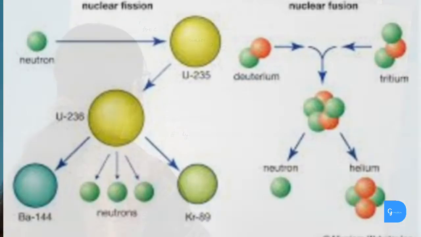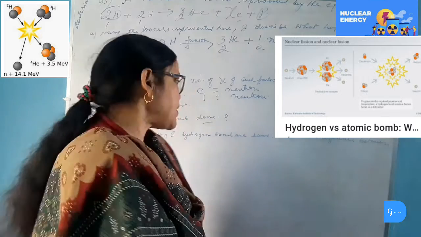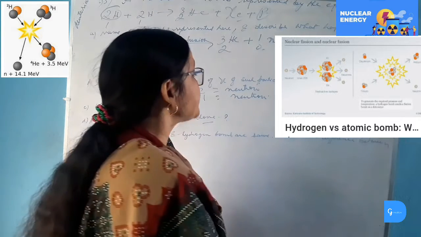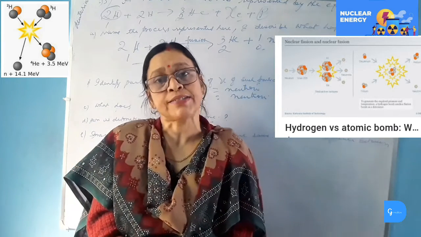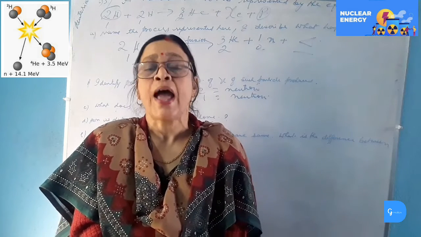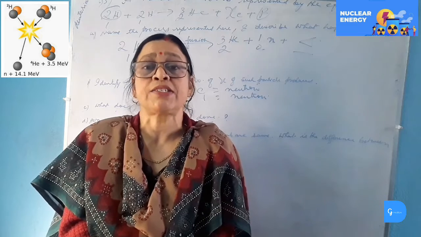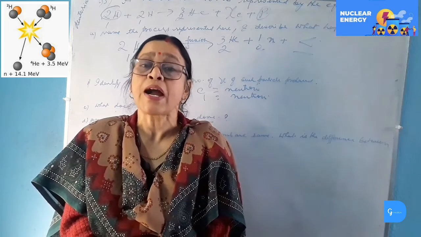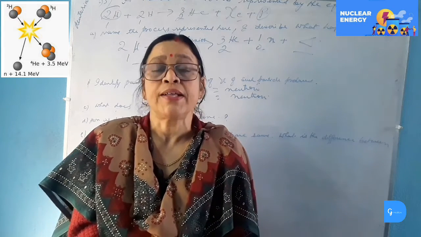The next question, source of sun's energy and source of hydrogen bomb are the same. That is, the source of sun and source of hydrogen bomb are due to nuclear fusion reaction. But what is the difference between the sun's energy and the hydrogen bomb? There is a great difference between the sun's energy and hydrogen bomb. Though the source of sun's energy is also nuclear fusion reaction and the source of hydrogen bomb is also nuclear fusion reaction, sun's energy supports life on Earth, whereas hydrogen bomb destroys life and property completely on Earth. This is because hydrogen bomb explodes nearer to us than the sun.